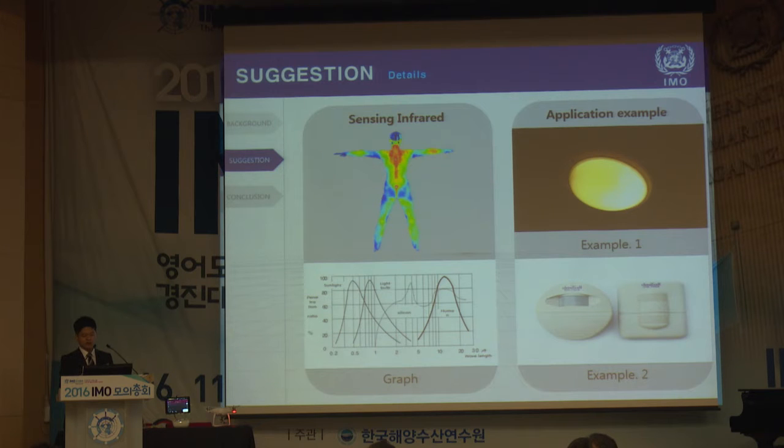First, all objects which have heat release electromagnetic waves. Among them, especially, the human body releases infrared rays. Therefore, we need an infrared sensor that can detect falling objects with a human body temperature. Actually, there are many devices in everyday life that utilize this same technology. For example, when we enter an apartment, light is automatically turned on, and when we enter a convenience store, the bell rings automatically. Infrared sensing system and technology makes it all possible.